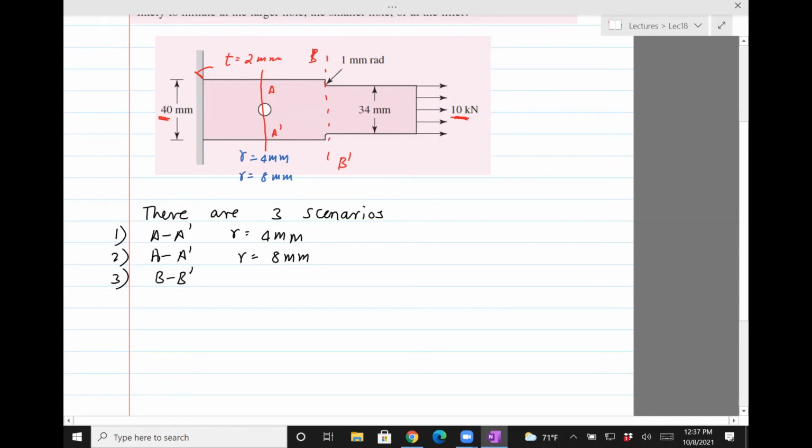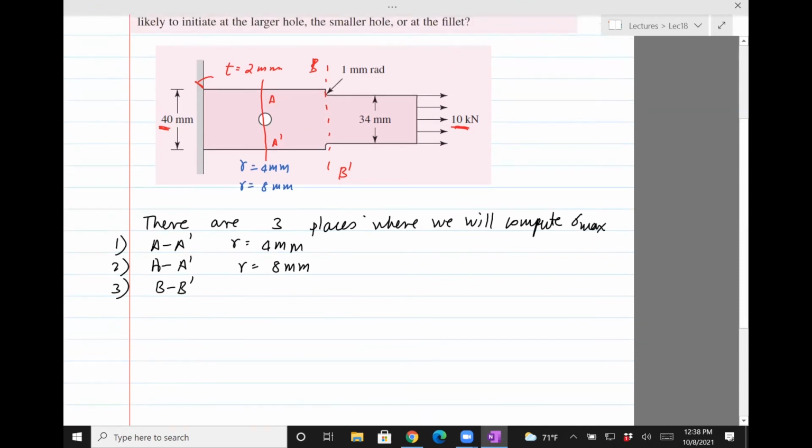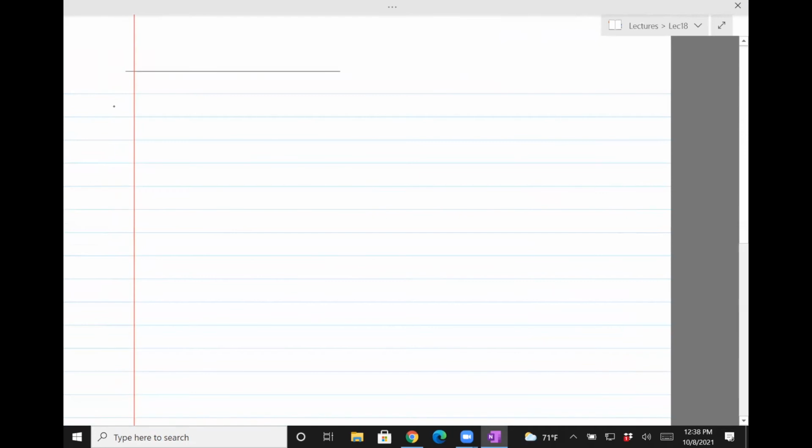So we need to find the stresses at the 3 places where we will compute sigma max. Okay, so we'll solve each case one by one and then find the maximum, that's all. Let's do it one at a time. First, let's do section A